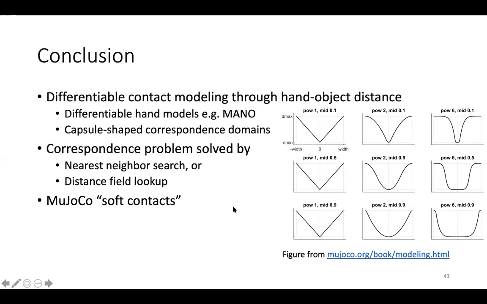So for example, in MuJoCo, when you look at how the constraint for contact is being modulated, you see the ability to have these different kinds of modulations, where on the x-axis is the amount of penetration of one 3D model into another 3D model, and on the y-axis you see the strength of the repulsive force, which can be thought of as a proxy of contact.